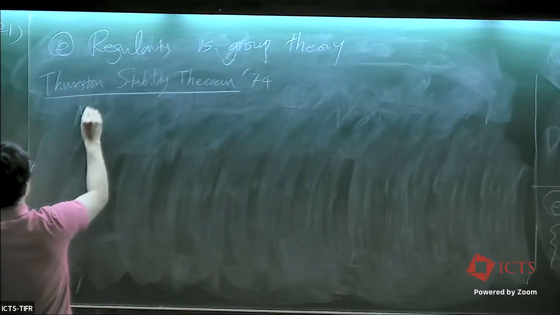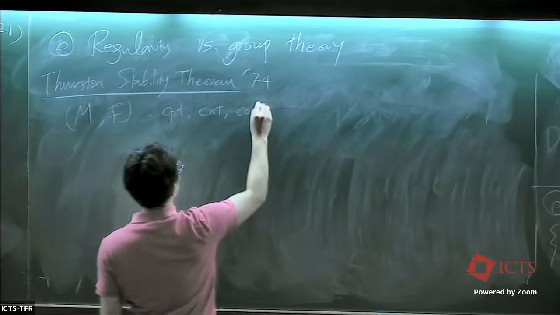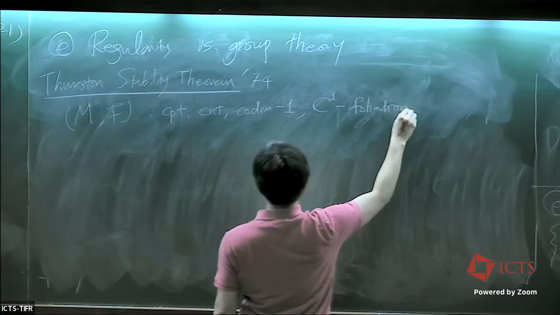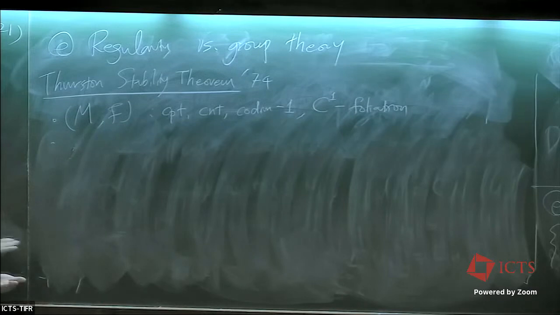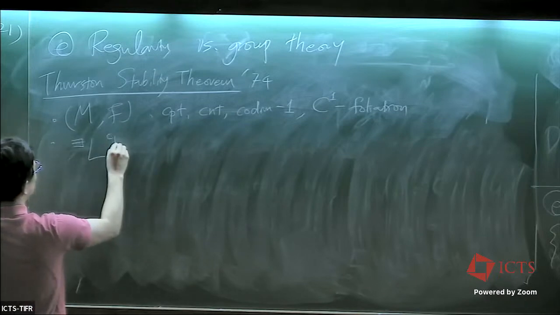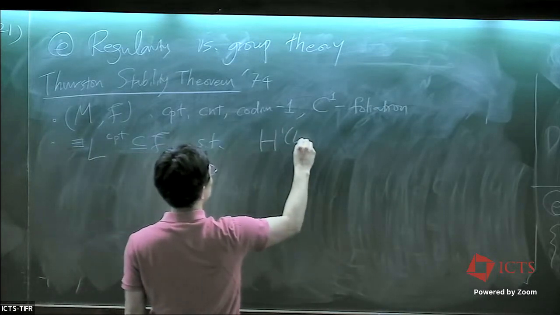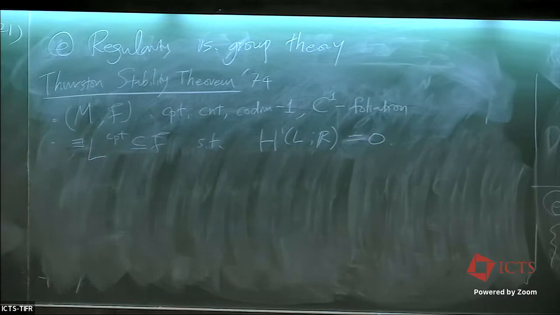The statement is, if you have a compact, connected, codimension one, C^1 foliation, where M is a manifold and F is a foliation structure, in other words a decomposition of M into codimension one manifolds such that the transition maps of the charts are C^1, and you also assume that there is some compact leaf such that H^1 is finite, in other words the abelianization of the fundamental group is finite,